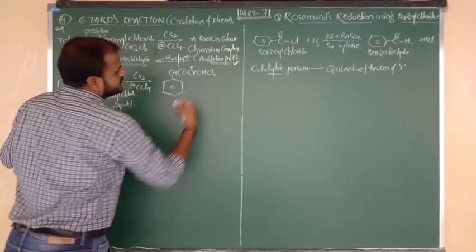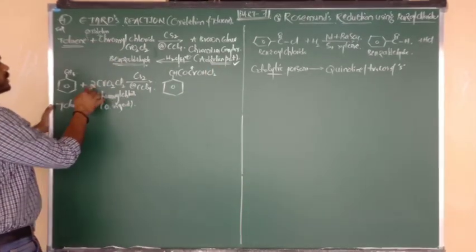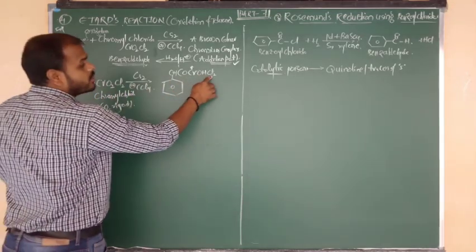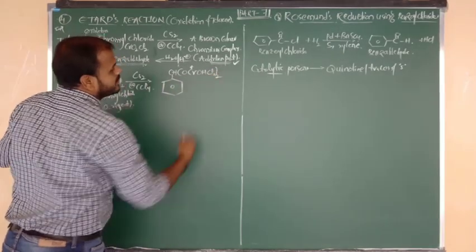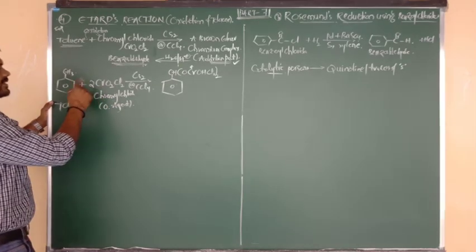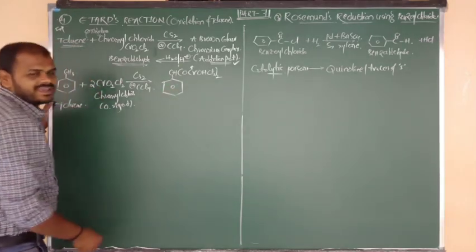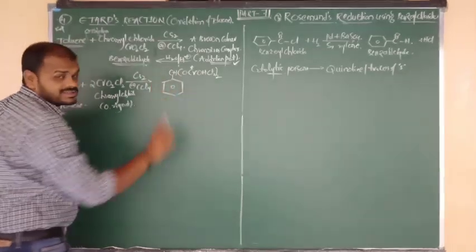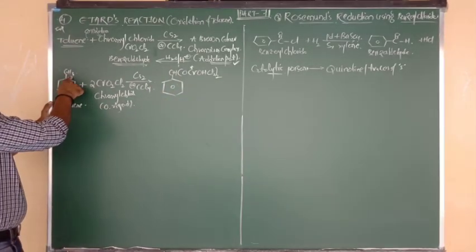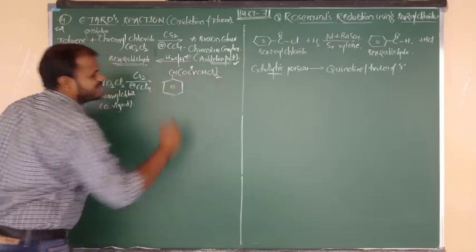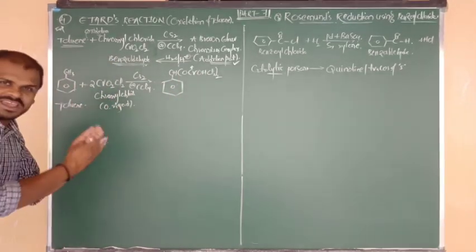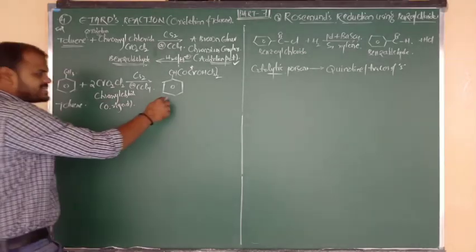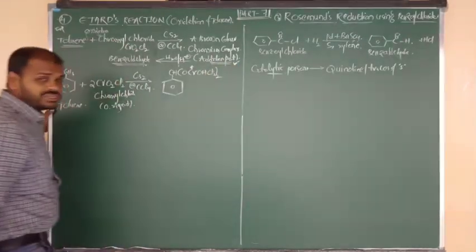Here also I am going to write Cl2. In total how many Cl2 groups are there? 4. How many chlorines are there? 4 chlorines are there. But here only 2 chlorines. Yes, I am going to write it taken twice. How many Cr are there? 2 Cr. Here also 2 Cr are there. How many oxygens are there? 2 2s are 4. Yes, here 2, here 2, 4 oxygens are there. And from here you removed 2 hydrogens. Simply we can say these are the 2 hydrogens. Everything was the same, no elimination, only addition of 2 moles of chromyl chloride. That's why I have said that it is nothing but an addition product.